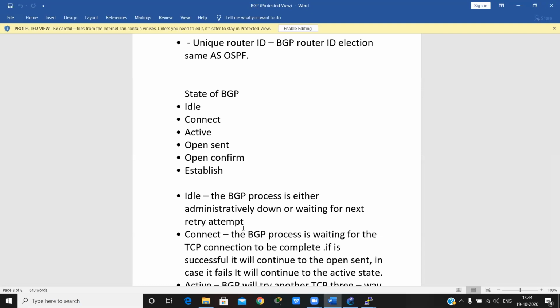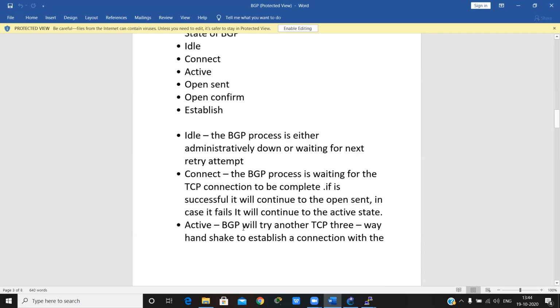In connect state, the BGP process is waiting for the TCP connection to be completed, means waiting for the completed TCP three-way handshake. If it is successful, it will continue into the open sent state. If it fails, it continues to the active state.